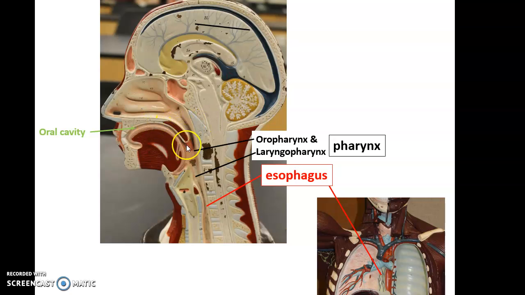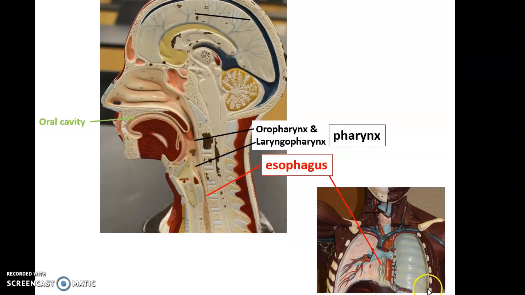Oral cavity leads to the pharynx. For the digestive system, we utilize the oropharynx and the laryngopharynx, not the nasopharynx. And then the food or drink will go into the esophagus, which is posterior to or behind the larynx and trachea. So here's the esophagus. Here also, the esophagus passing through the thoracic cavity,